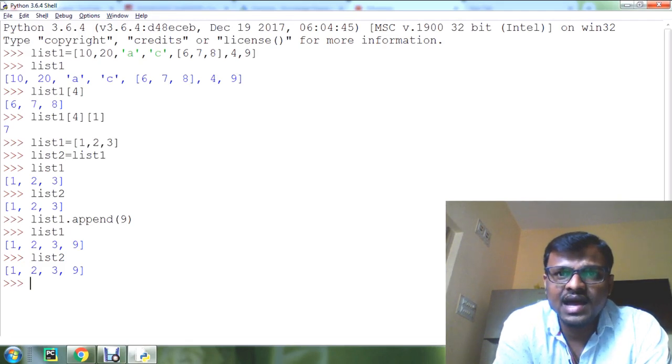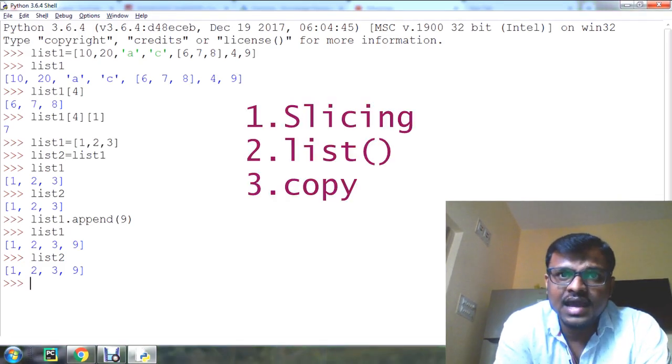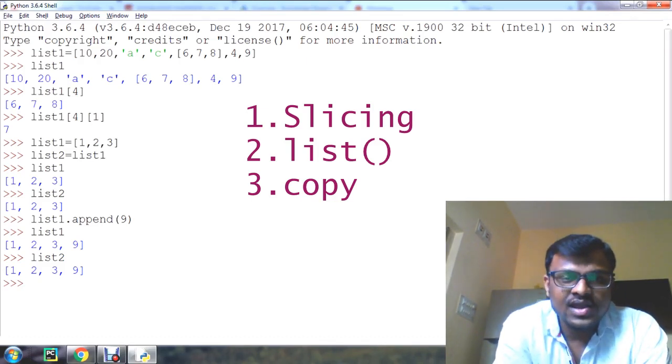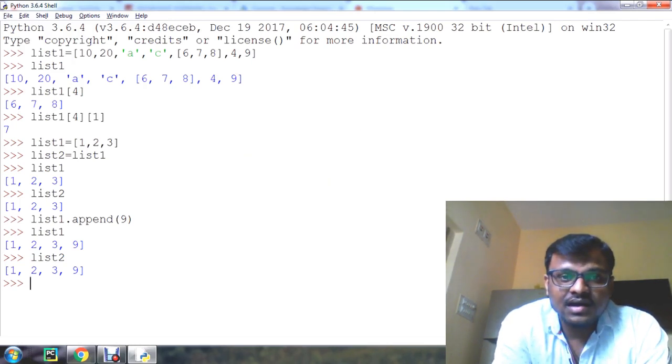First, by using the slicing method we can copy, and secondly we can copy the list value by using the built-in function called the list function, and finally third, we can use the copy function of the Python library copy. Okay, let's see each method one by one.